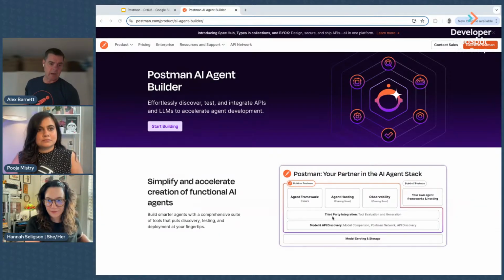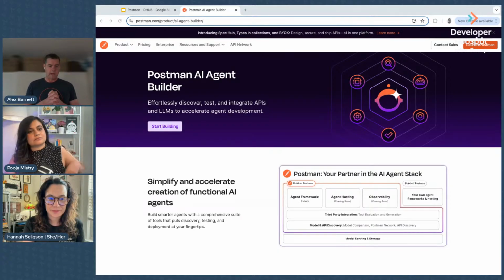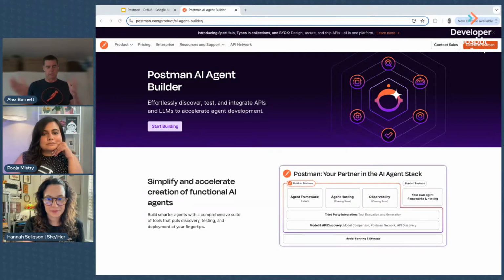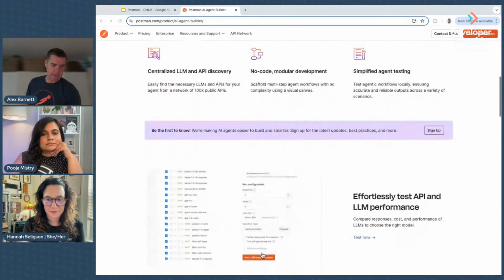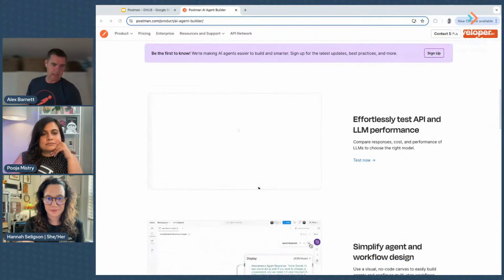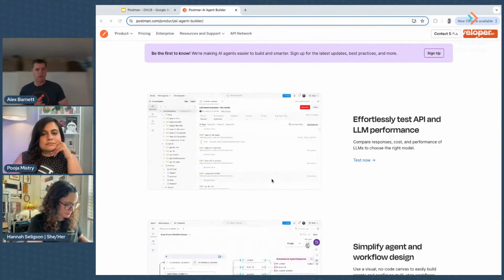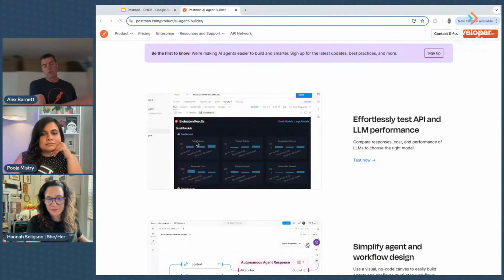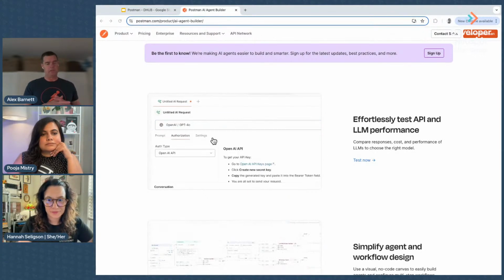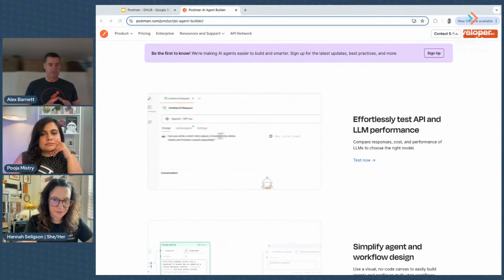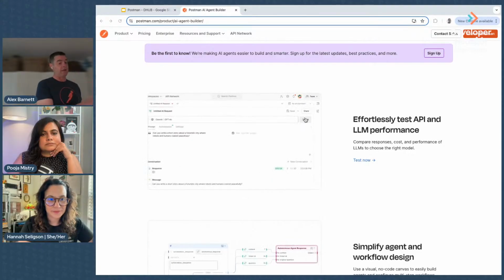Now we're going to have Pooja and Hannah talk and actually demo what you can do with AI Agent Builder and the approach and the steps that you can take. But at a super high level, I think it's worth pointing out a couple of things about AI Agent Builder. One is, as you're developing a new agentic workflow, you want to be able to use LLMs and leverage LLMs, but also you want to be able to evaluate LLMs.